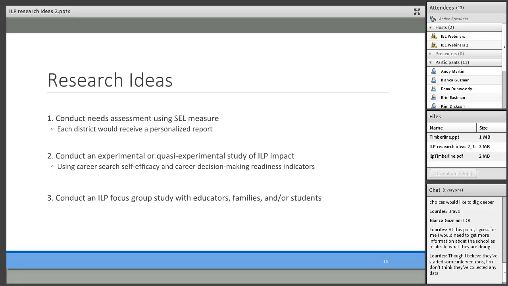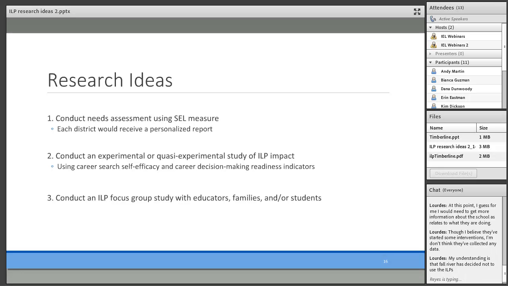I actually don't have any information about Fall River. Are they a MICCR district? They are a MICCR district. I missed that, I'm sorry. I apologize for that. I don't have as much information about Fall River as I would like, and I guess it would be very early stages since we haven't had much connection with them. I was wondering,